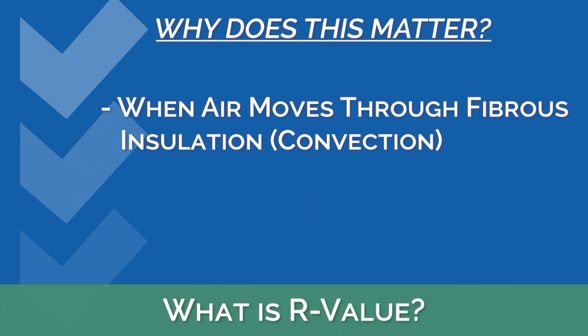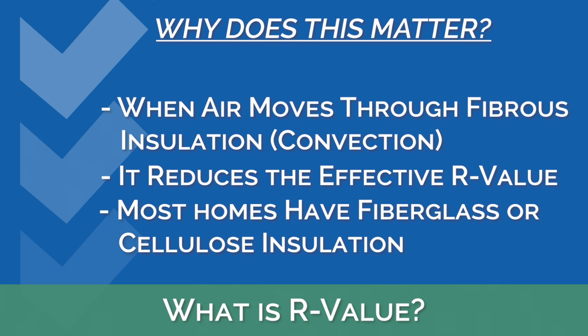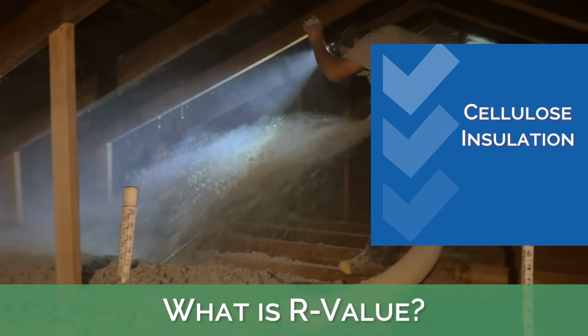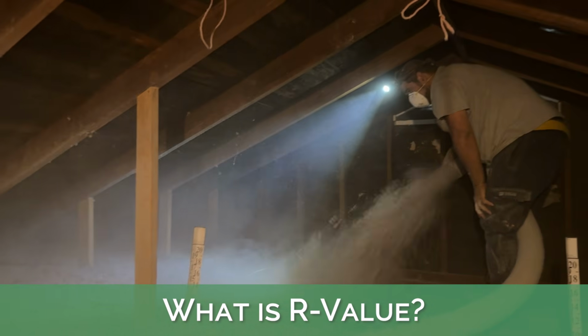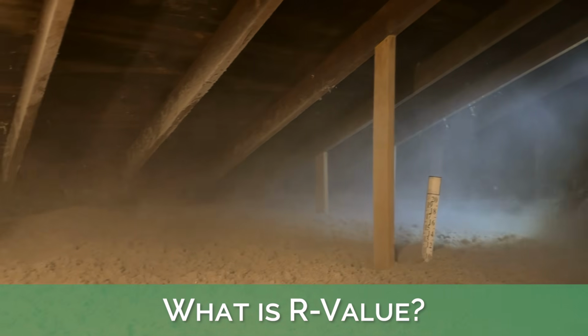Because when hot or cold air moves through an insulation material, which is convection, it reduces the effective R value of that insulation. And most homes today have porous insulation in them like fiberglass and cellulose that air can move through easily. This is why simply adding more insulation to your attic before air sealing the holes and penetrations through the ceiling and the top plates of your walls will not be as beneficial as air sealing first and then